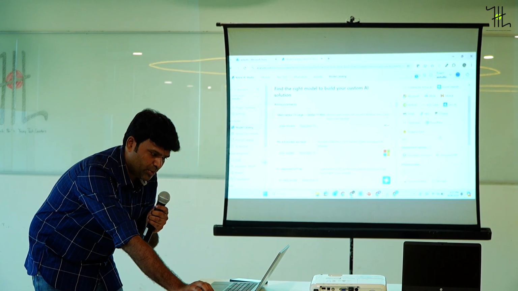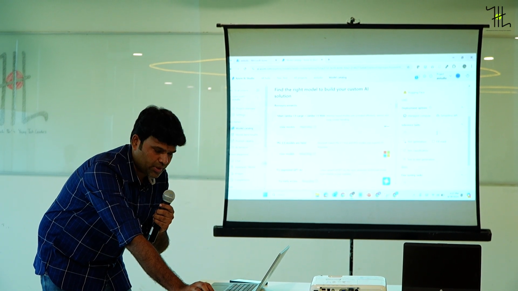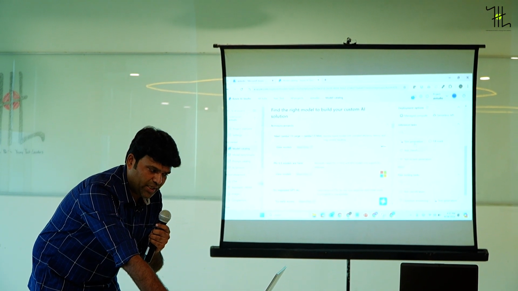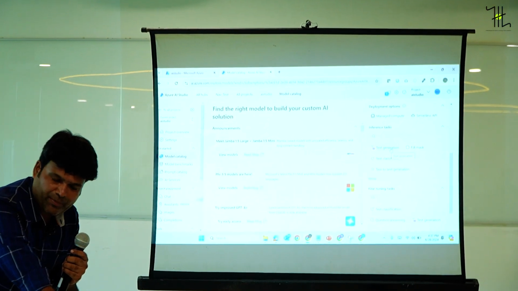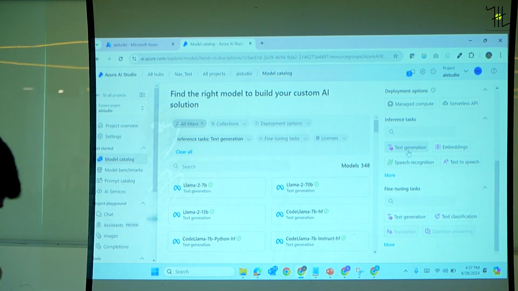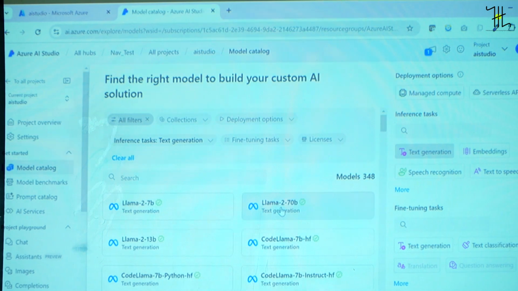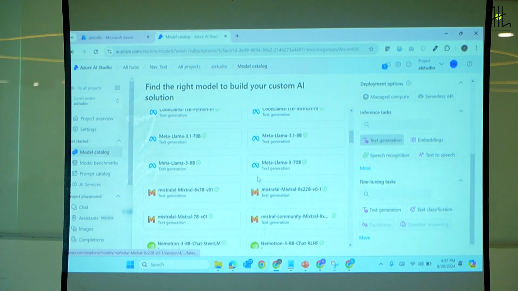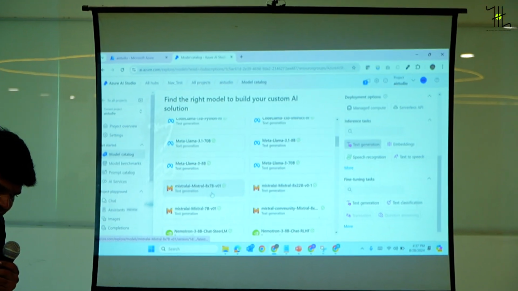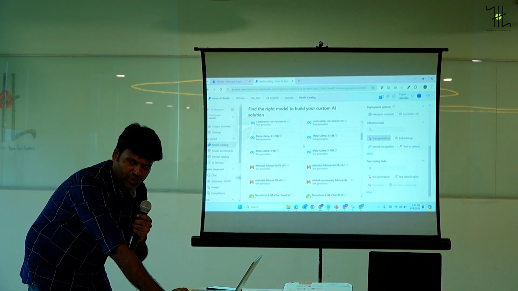And I mentioned the task, right? For example, the multi-model I spoke about. So here, if you are using only text generation, then you can pick this model. For example, I'm just selecting text generation as a task. For that, you can use these models, say Llama, where mostly only Meta models are coming, and Mistral models are also coming. So in this way, you can choose the right model.